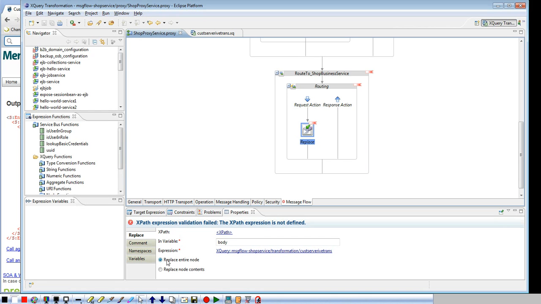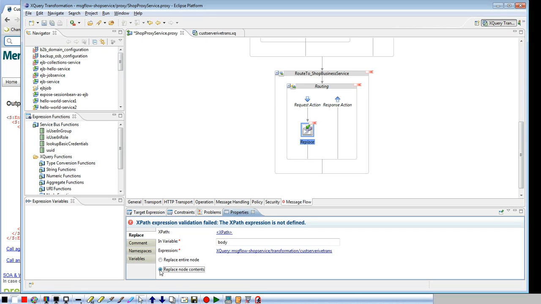So here, see, now if I pick this option, replace entire node, right? So whatever node it is now pointing to by default, the result of the expression will be replaced for that entire node, okay? But if I want to replace the node contents, then, let's say for the book element, if I pick this, it will replace even the book element, right? But if I pick this, it will not replace the book element, but the contents within it, all the child elements. Okay, so based on whatever your query is written,